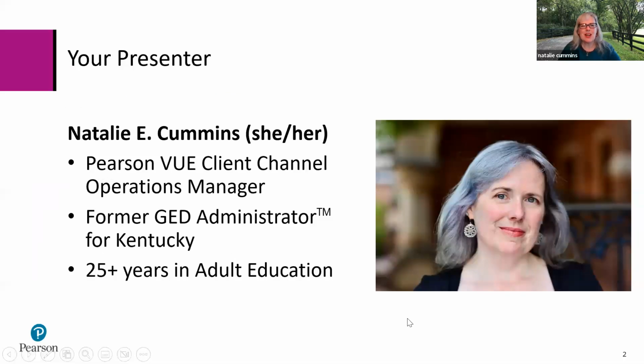There we go. So as Brian said, my name is Natalie Cummins. My pronouns are she, her. For those of you with vision impairment, I am a white woman with medium length gray hair, and I am wearing a green sweater. My background is a scene from Lexington, Kentucky, which is where I am, with a split rail fence and a lot of greenery and trees on a path.